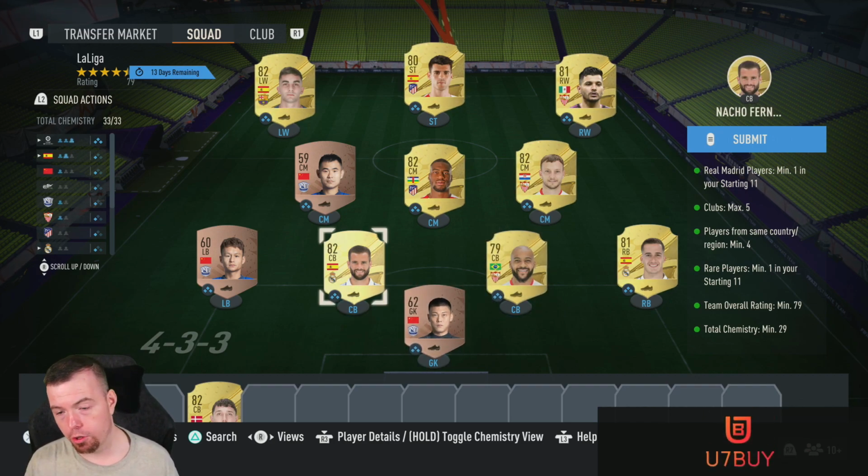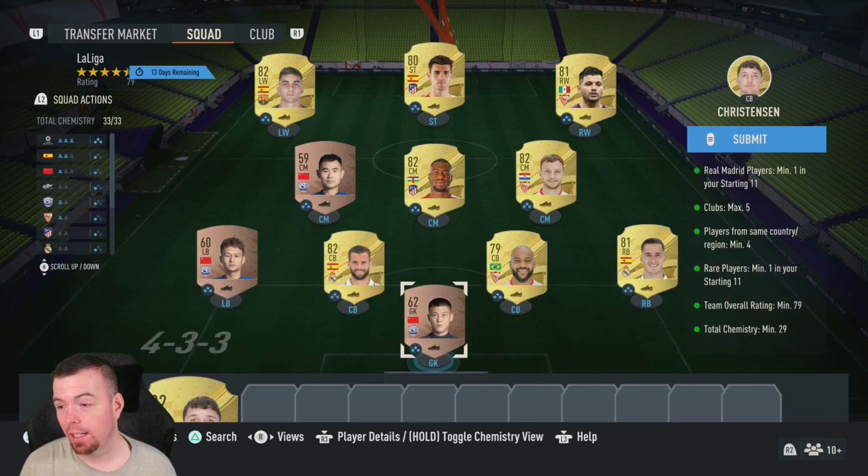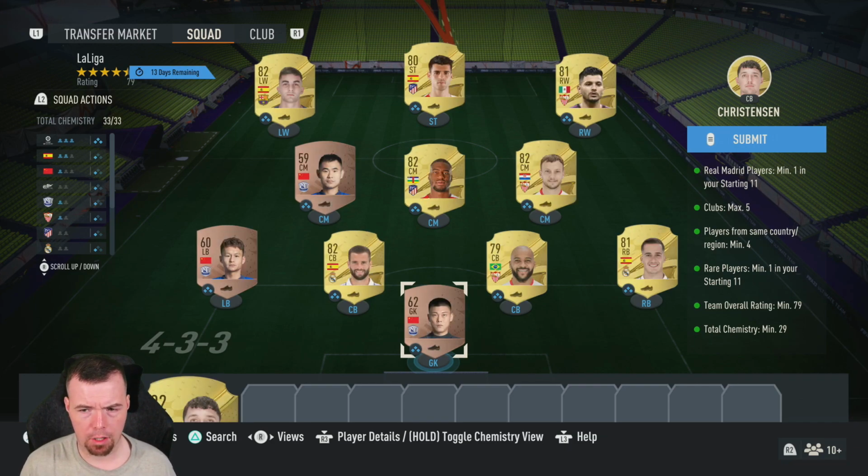I didn't really want to do Fernandez, but I had no choice because I had Christensen first. But it doesn't work like that. Clubs max of 5. Happy days. As you can see, we got Barca, Atletico, Sevilla, Real Madrid, of course. And then, obviously, we got 3 players from...